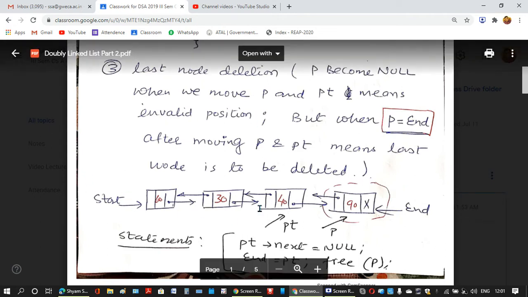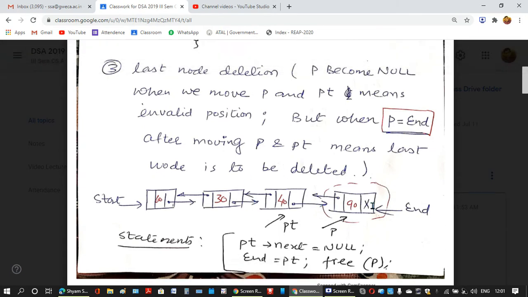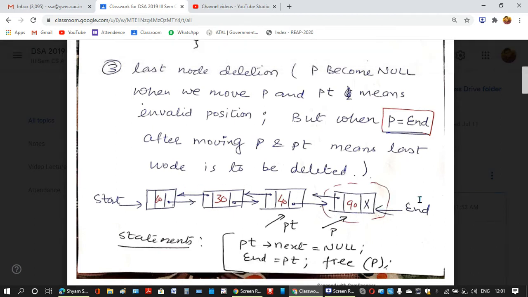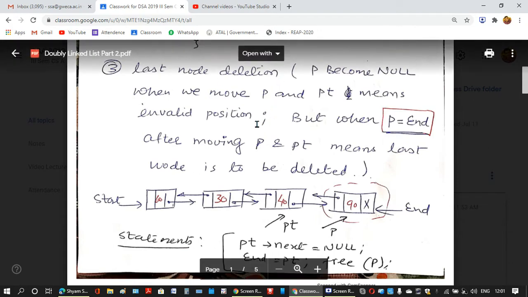Say there are 4 nodes and the value of pos given is 10, then p will become null. If the value of pos given is 5, then also p will become null. There is no such node like 5 or 10. So when p becomes null, it is an invalid position.